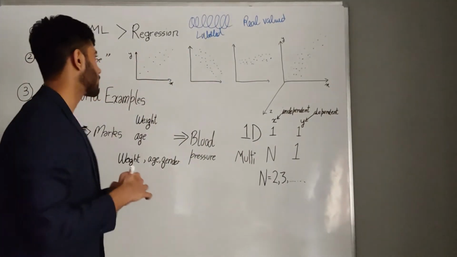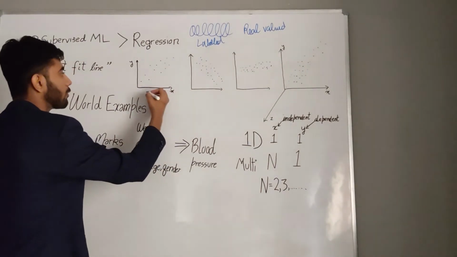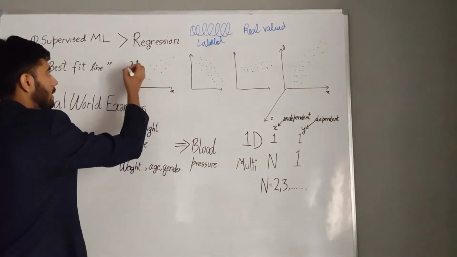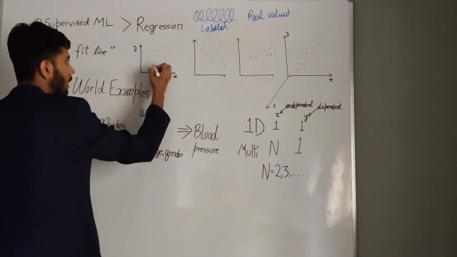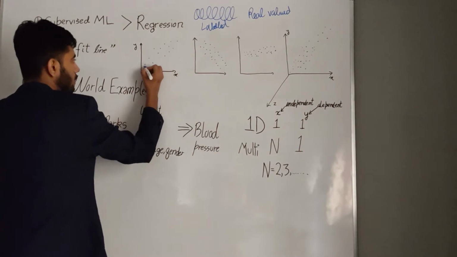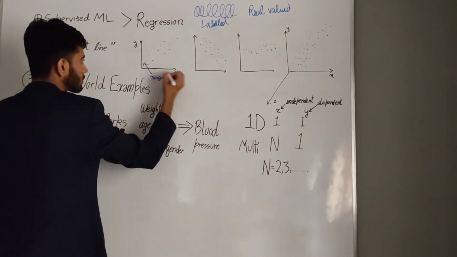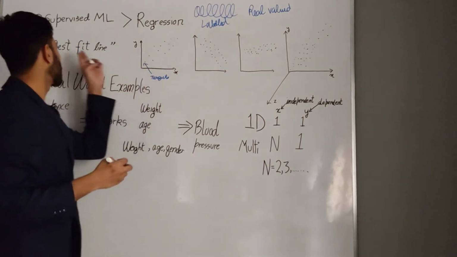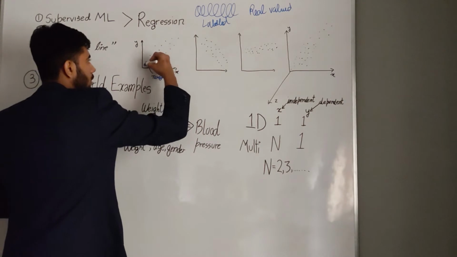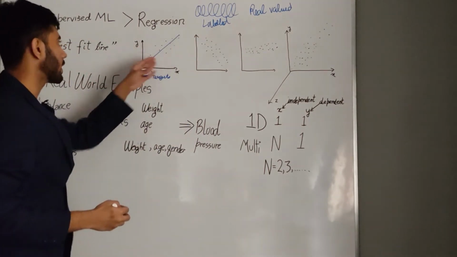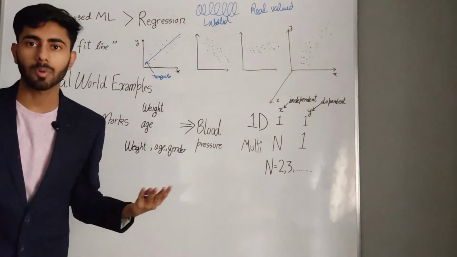For example, this is a graph. Here I have given my independent variables, the features, to the model, and here is my predicted value. So in this case, suppose these are my data points. These data points are known as targets. So here, since I have to fit a best fit line, my linear regression line will look like this. So in this case, this line perfectly tries to fit through all the data points.